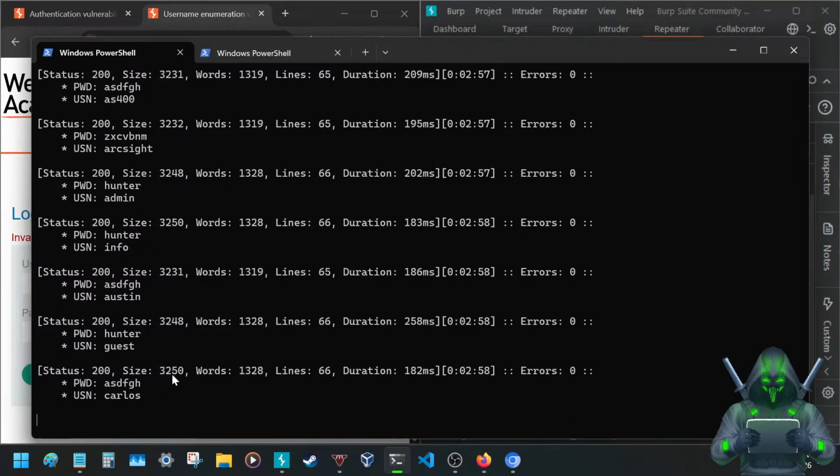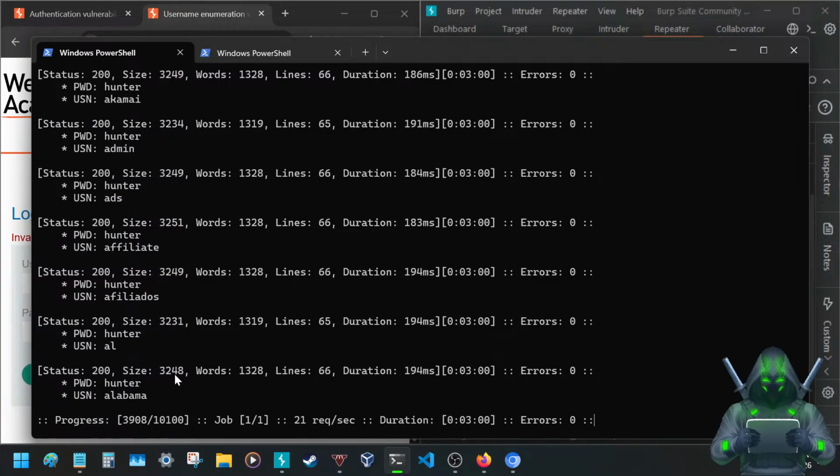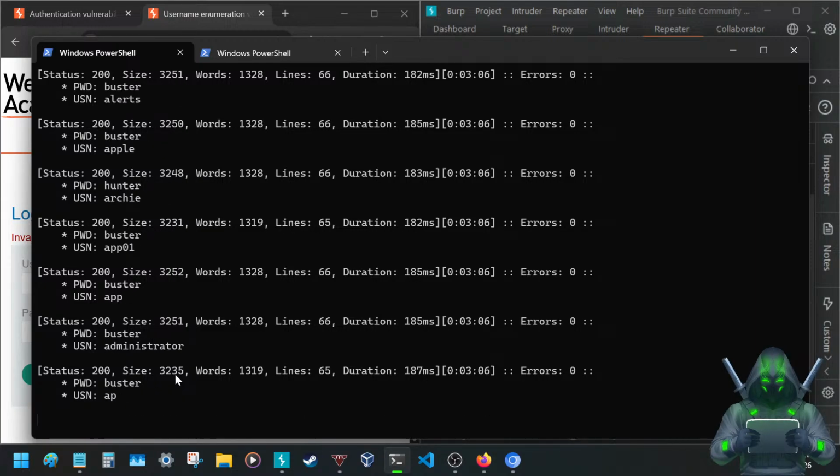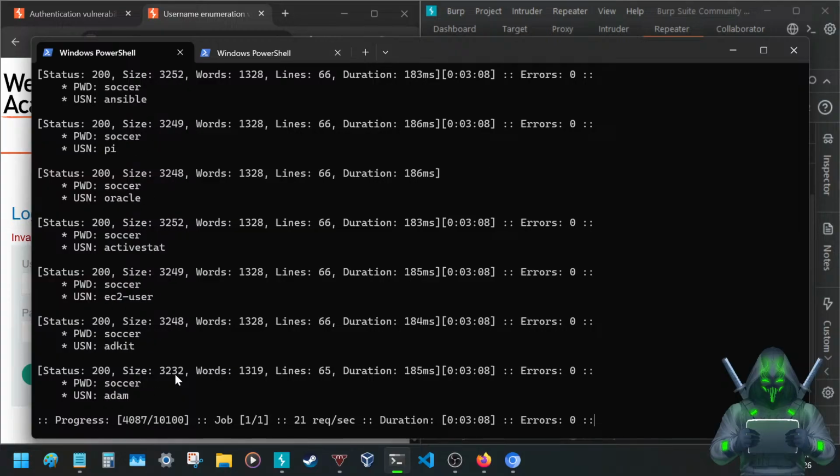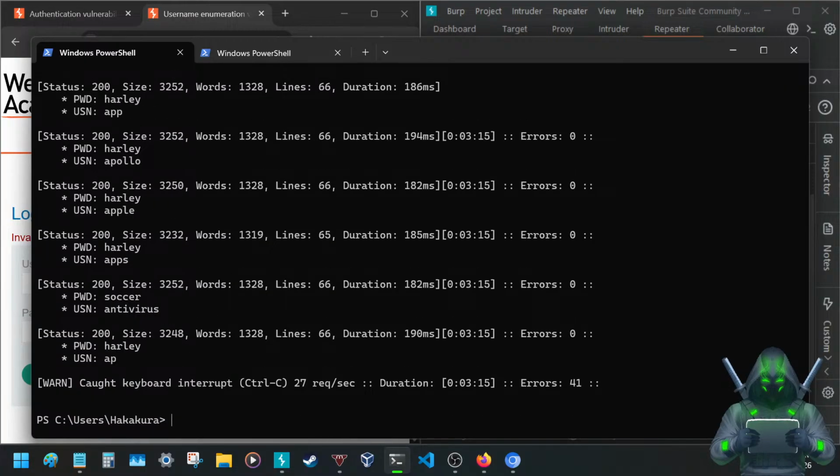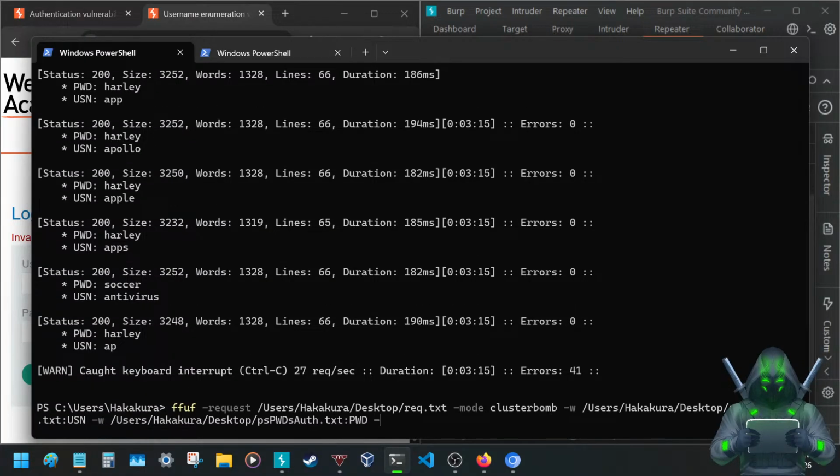I'm seeing 3251 a lot, 3252, 3248. I'm seeing a buttload of 3252s. So we can do Control C, go up here again. We're gonna go filter size and 3252, and